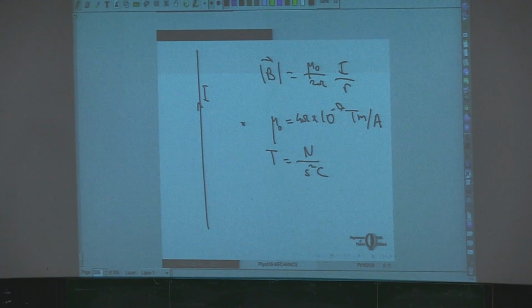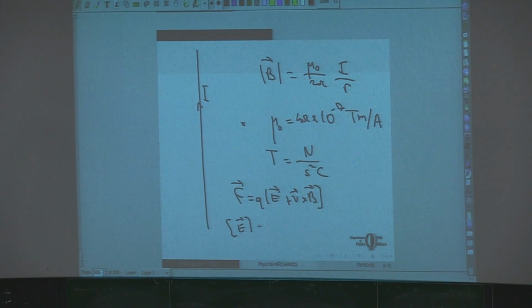Well, you see, we have this expression, force is equal to Q times E plus v cross B. So the unit of E, for example, is newtons per Coulomb. The unit of B, which we defined to be Tesla,